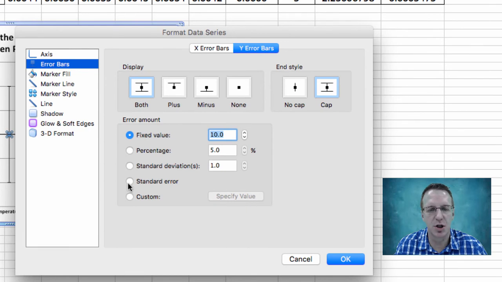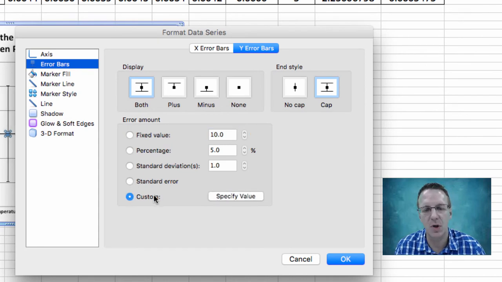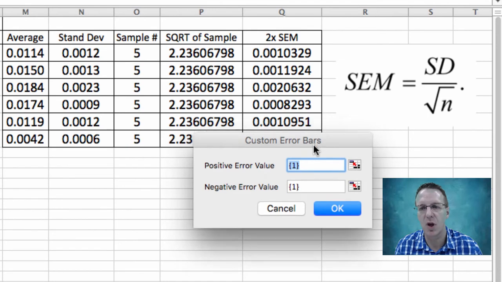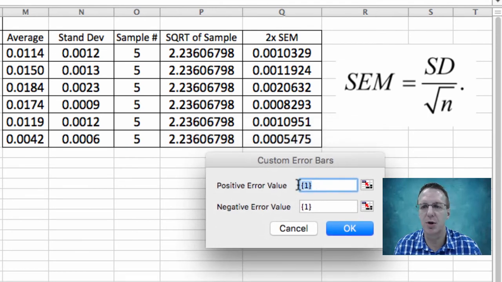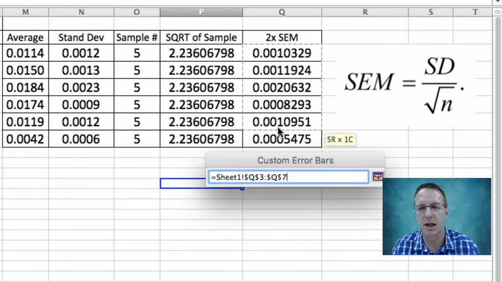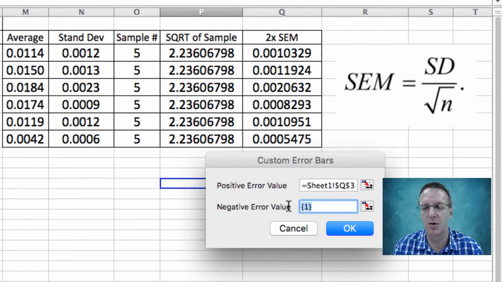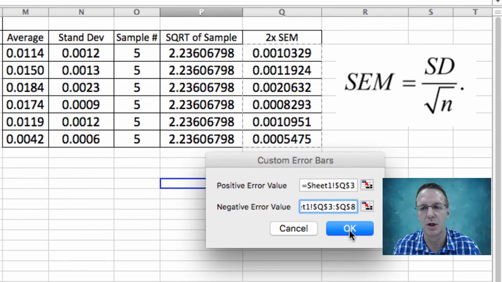Now it's tempting to just click this button down here, but that's not exactly going to get what you think it's going to get. So you need to come down to custom. You tell the computer that you want to make custom error bars, but then you have to specify which values you want to use. When you click that you get this little box up here. You want to tell the computer that you want these values, both above and below the line. By clicking in here, getting rid of that value, and then simply clicking and dragging so that you highlight this, you can see that we want Q3 through Q8 as the representative values for the error bars. You do the exact same thing down here, get rid of that, and highlight Q3 through Q8. So exactly the same data in both of those. And when you click OK,